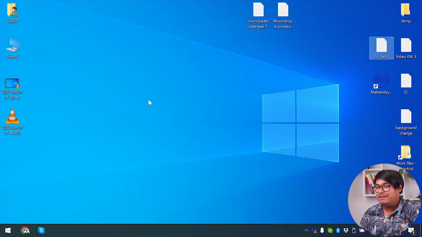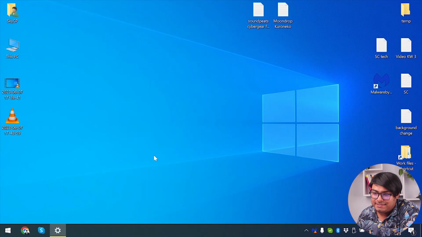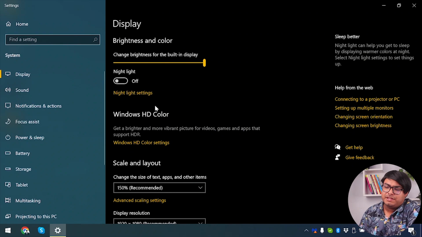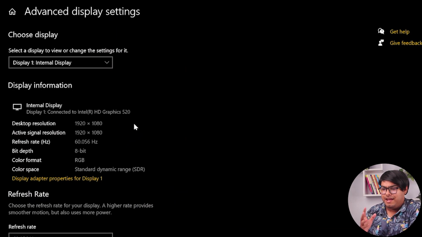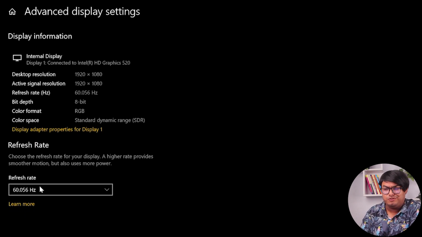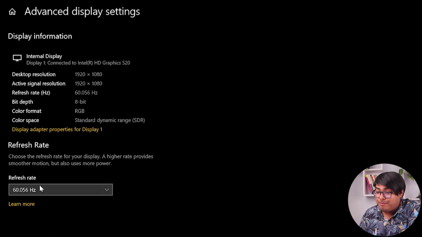So guys, if you have screen flickering problem, I'm going to show you how to fix it. So let's get to our computer. First, we're going to go to display settings here. So after going to display settings, we are going to scroll down and go to advanced display settings, and after going to advanced display settings, we're going to scroll down a little bit more, and then we have refresh rate